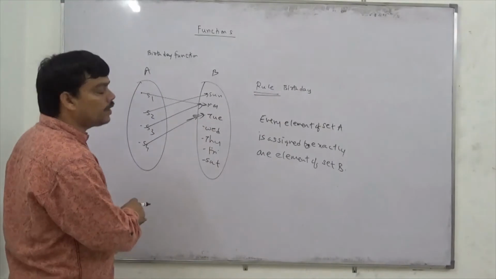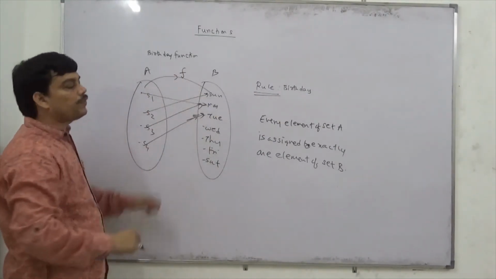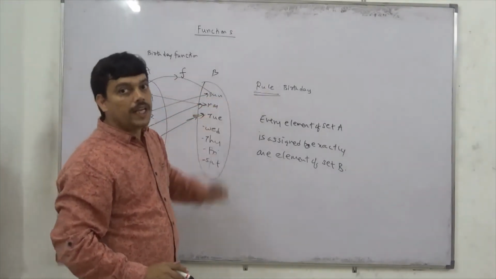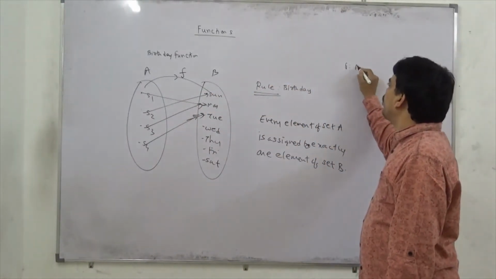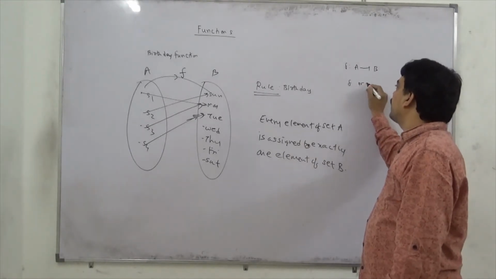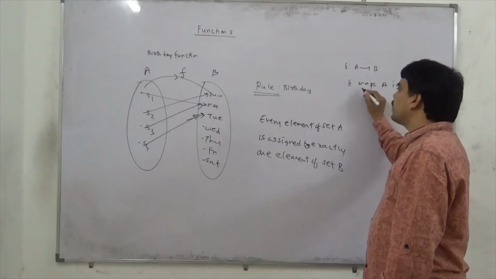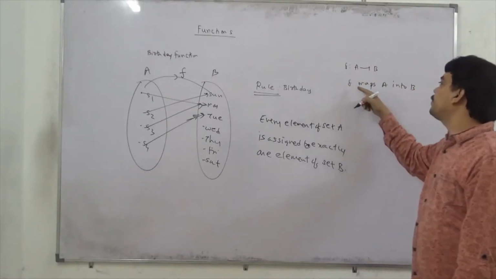And usually to denote a function, we put an arrow like this and write f over it, which means that f is a function defined from A to B. So here this is an example of the birthday function. And whenever f is a function from A to B, we symbolically denote it as f colon A forward arrow B. And usually we read this as f maps A into B. So actually mapping is another name for function. So instead of saying f is a function from A to B, we can also say f maps A into B.